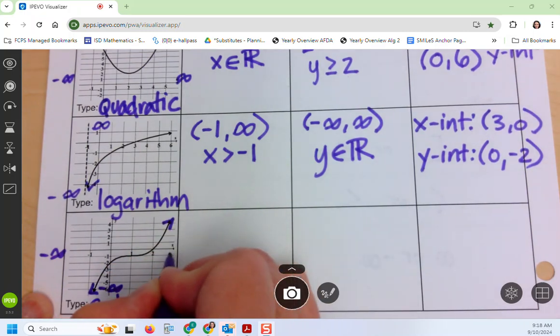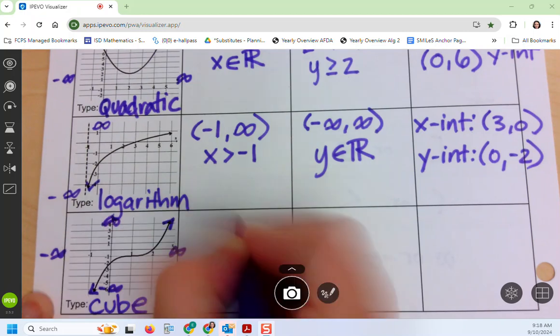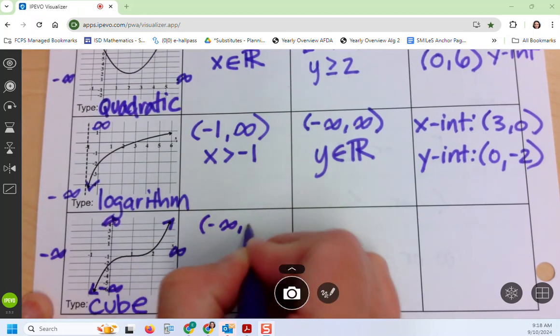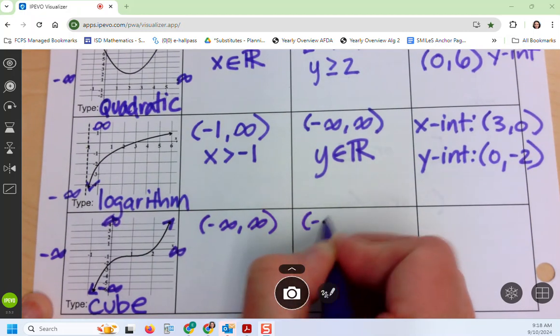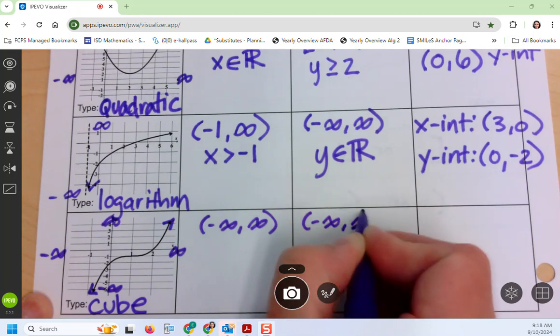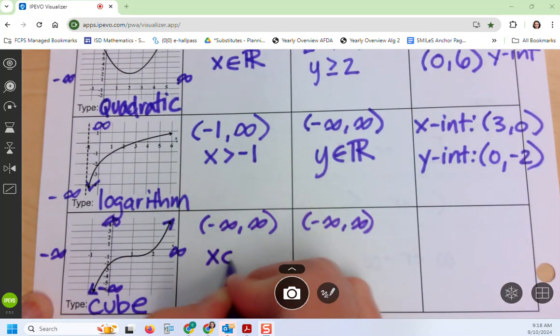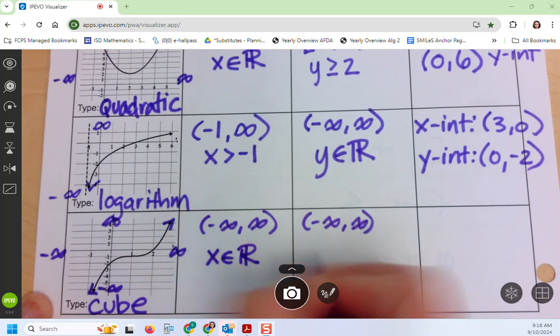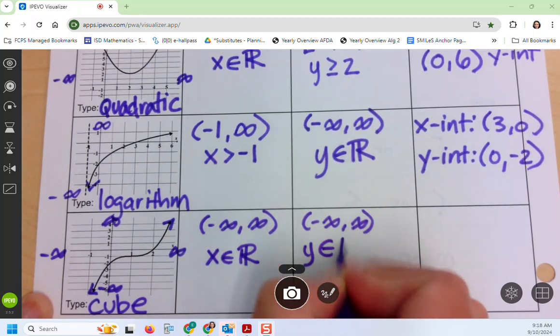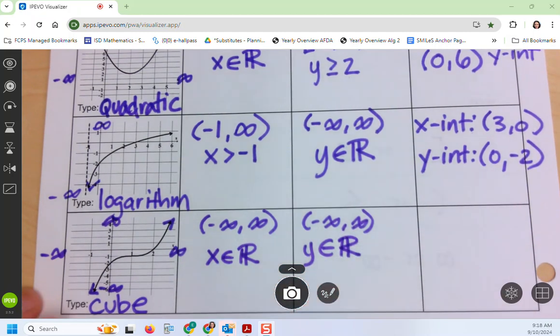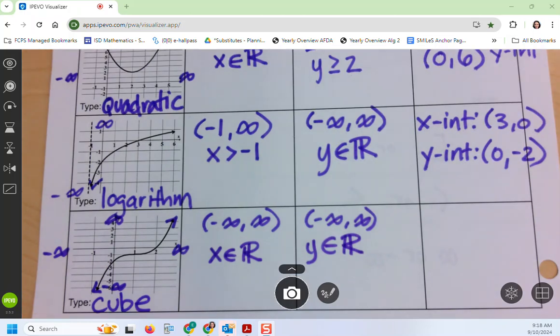So both your domain and range are -infinity to infinity, which is the same as all real numbers. Your x-intercept